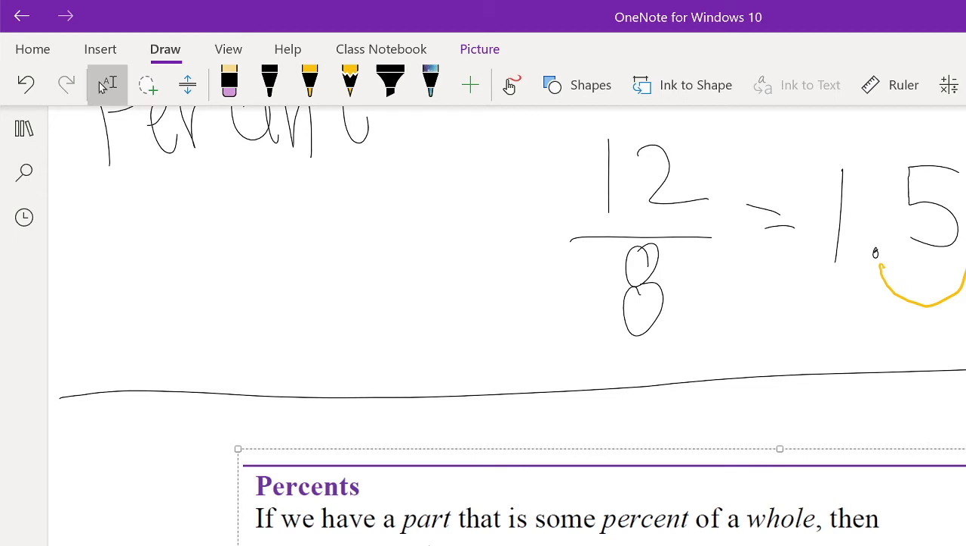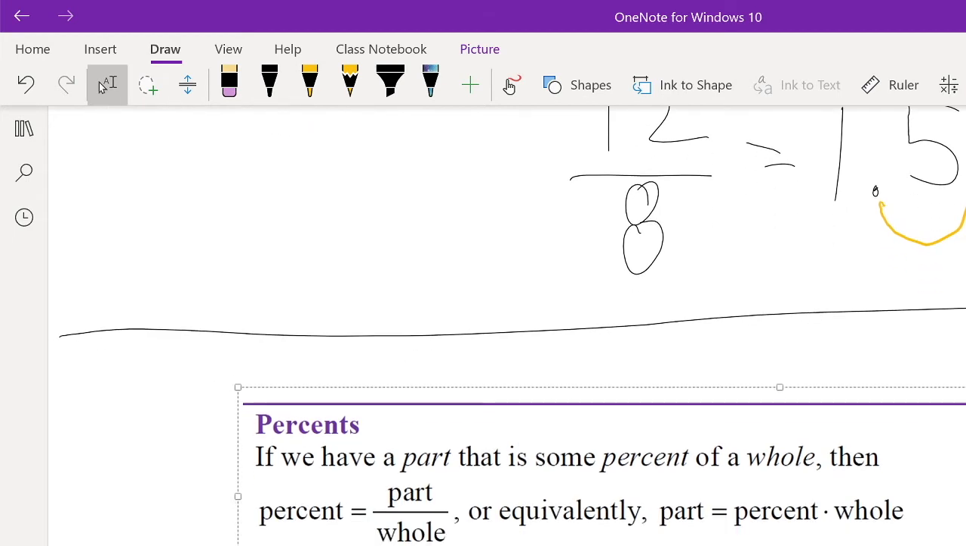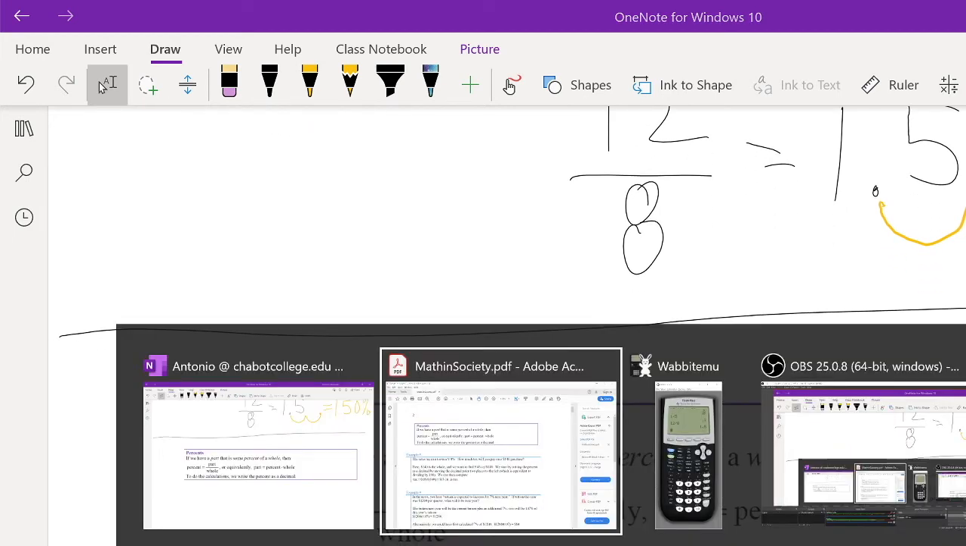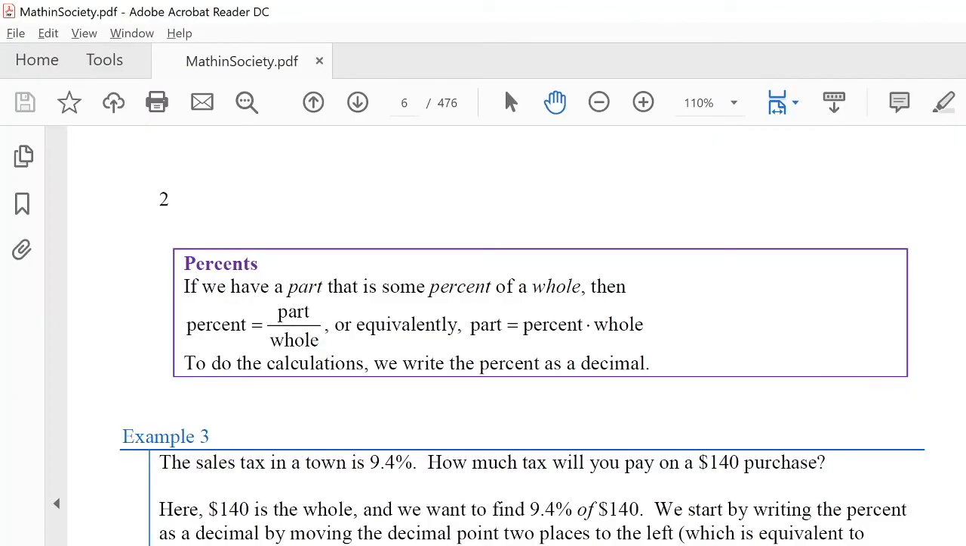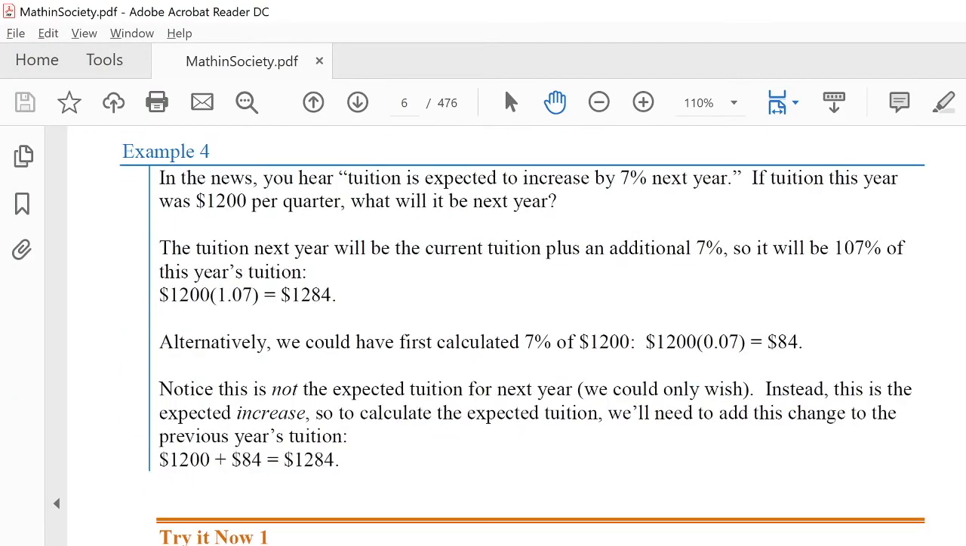Okay, so let's start off by doing a problem from the book here. Let's take a look here, and let's try something like this. So we have here an application